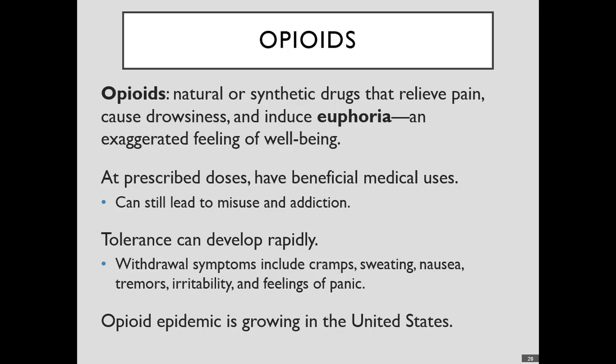So the growing epidemic in the United States is largely due to intravenous heroin, fentanyl, and carfentanil use. And symptoms of opioid overdose include respiratory depression and death. So the use of prescription painkillers like oxycodone and hydrocodone in large doses or with other drugs also leads to misuse and addiction and even fatal respiratory depression.